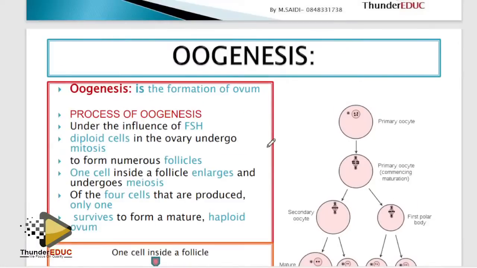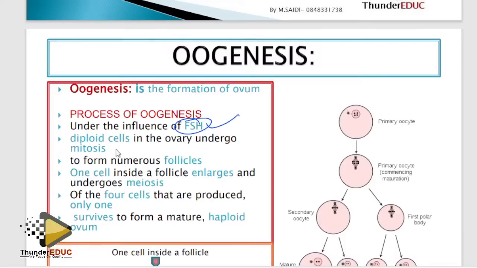Oogenesis. What are you talking about on oogenesis? Same story. Don't waste time with too much information in your books and end up cracking your head. We're not looking for that. This is what we are looking for. Oogenesis, formation of the ovum, a process under the influence of FSH. Don't use FSH when it's terminologies. Yes, if it's terminologies, please don't use FSH. Say follicle stimulating hormone. But if it's not terminology, it's cool.